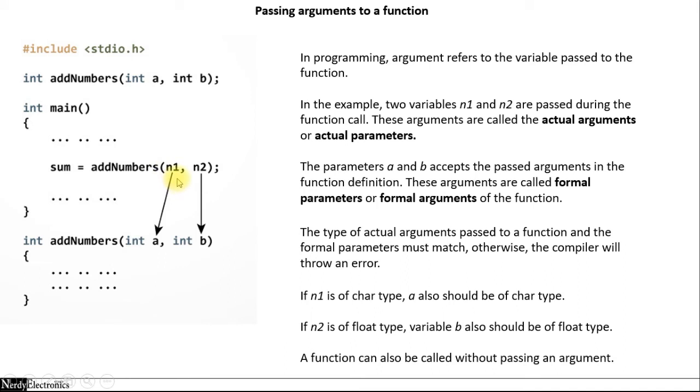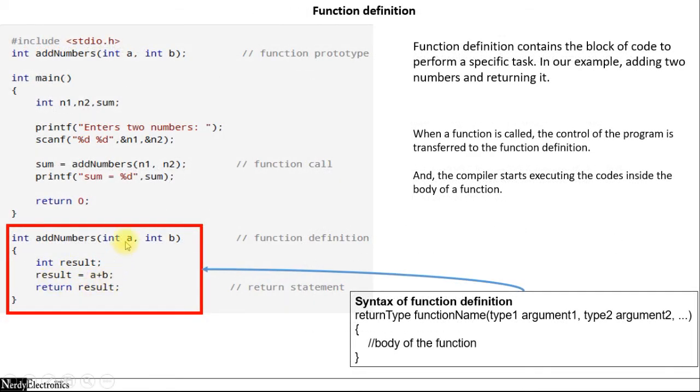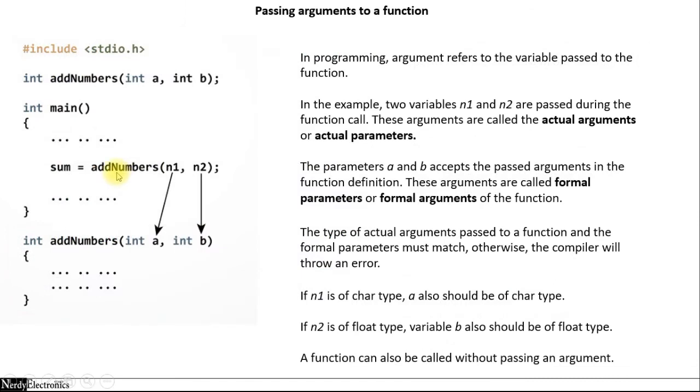So when we call a function and we pass arguments to it, the values get mapped to it. So whatever is the value of n1, say the value of n1 is 5 and n2 is 10, the value of 5 will get stored in A and 10 will get stored in B. Two new memory locations are assigned for A and B when the function is called. 5 is stored in A, 10 is stored in B, and then we have the execution of result equals A plus B. So A is now holding 5, B is now holding 10. So result is equal to 15, and then the result is returned. So the result comes here, which is sum equals 15, and thus sum gets the value 15.